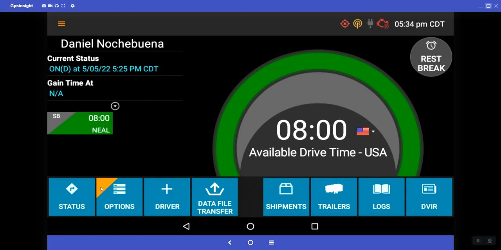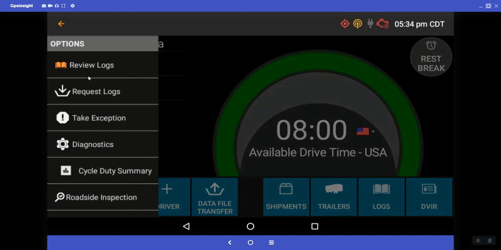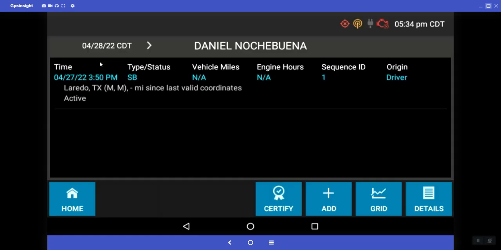This green, or orange, sorry, triangle that we see at the top is just an indicator that we have something pending to do with our logs. So if we click again where it says options, it would tell you that we need to review logs and certify our logs. If we click on that, it will take you automatically to the day that you need to start certifying. And simply once you review that everything that was recorded on this day is correct, you can check by being on the event list,